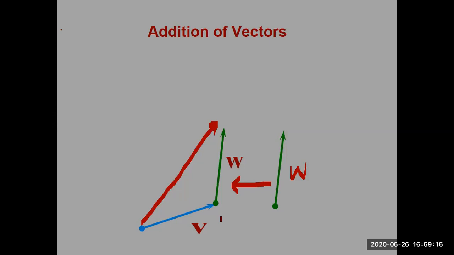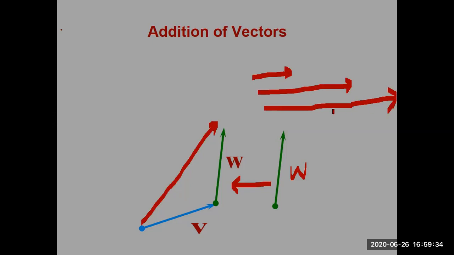So there are two cases now. If all the vectors are along the same direction, we will add these two vectors. Finally, you will draw a vector whose magnitude is equal to the sum of magnitudes of all the vectors added. Suppose this one is a vector A, this one is B, and the resultant is R. This R will be equal to the sum of the magnitudes. Suppose the magnitude of this vector is 3, magnitude of this vector is 5, 5 plus 3 is 8. Finally, you will draw a vector whose magnitude is equal to 8 centimeters, and this vector is called the resultant vector.